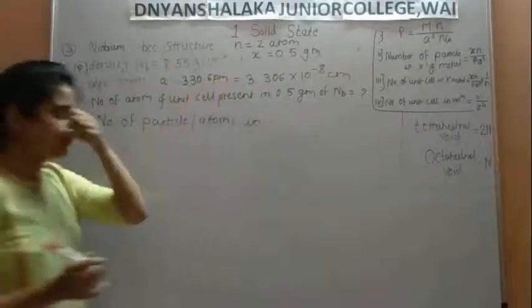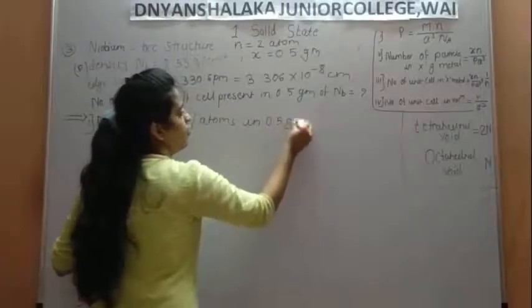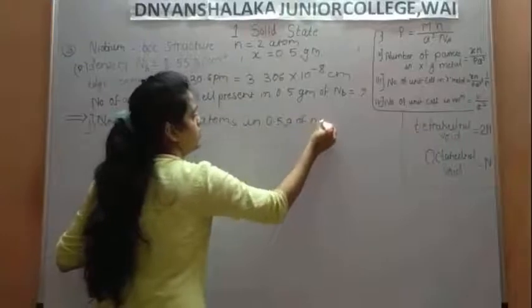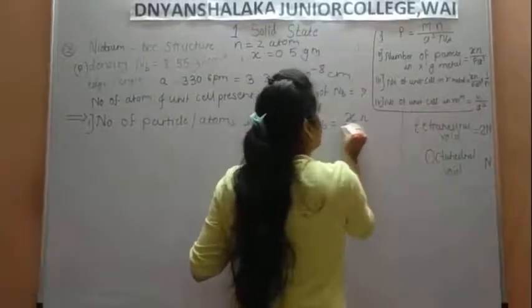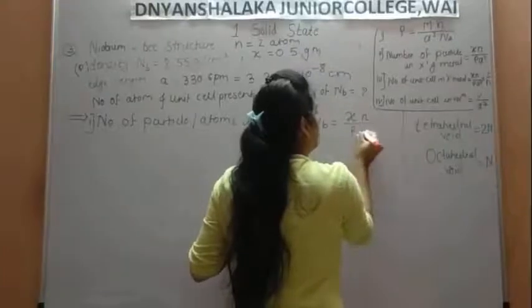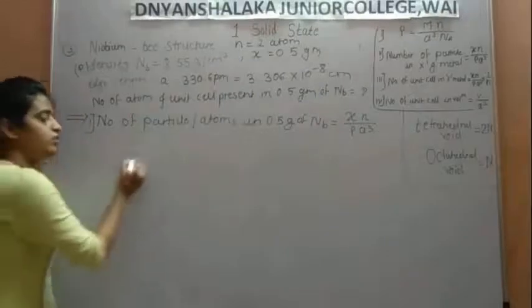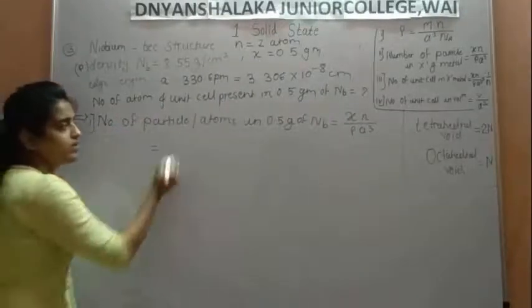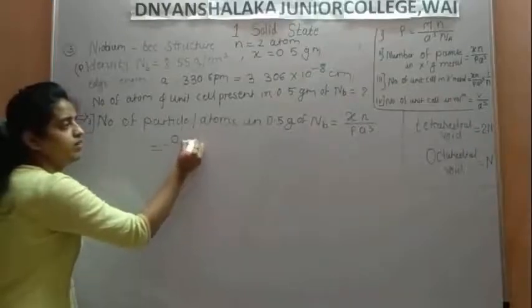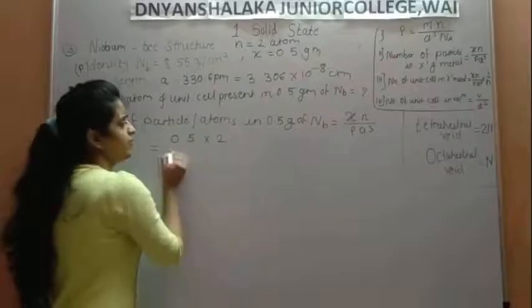So x means 0.5, in 0.5 gram of niobium, Nb. The formula is x into n, the number of particles, and rho means into A cube. So using this formula, put the values in. X means 0.5 gram, the number of particles for a BCC structure, so 2 atoms, rho